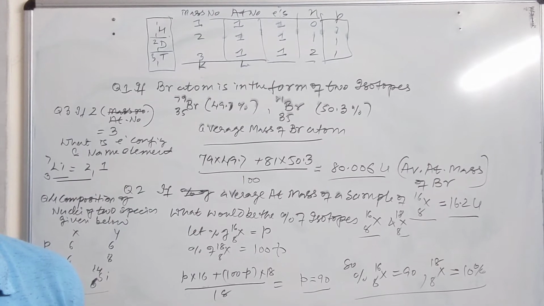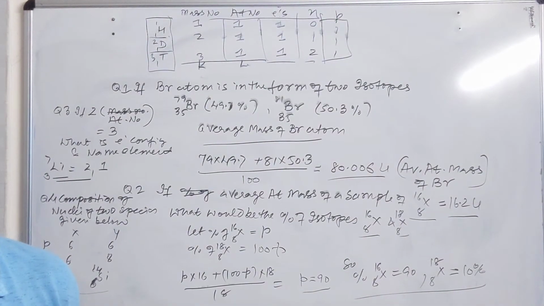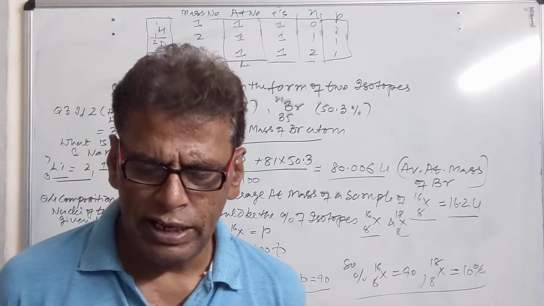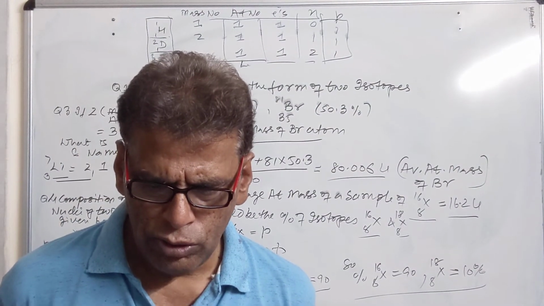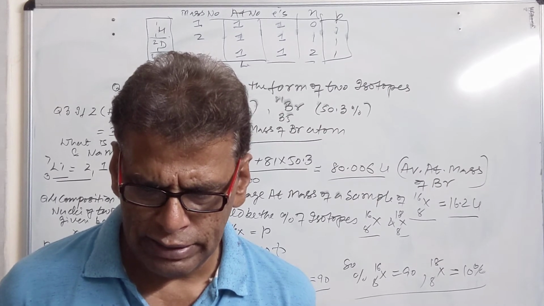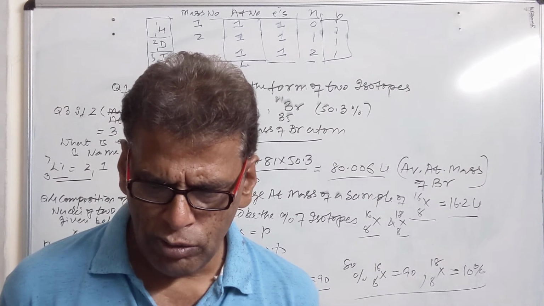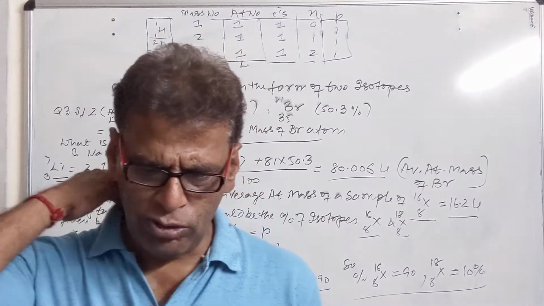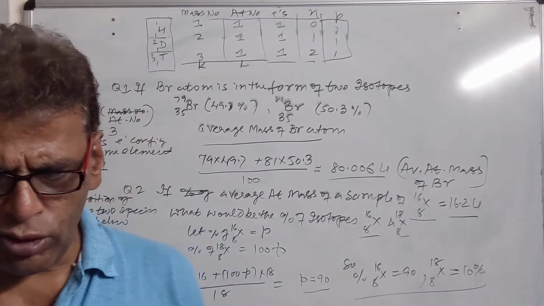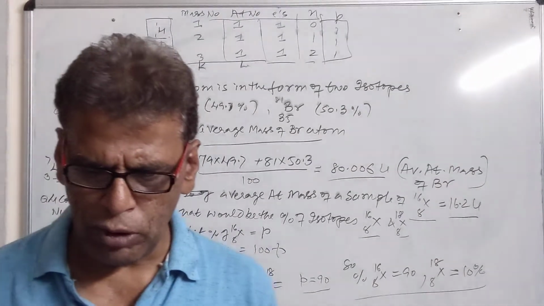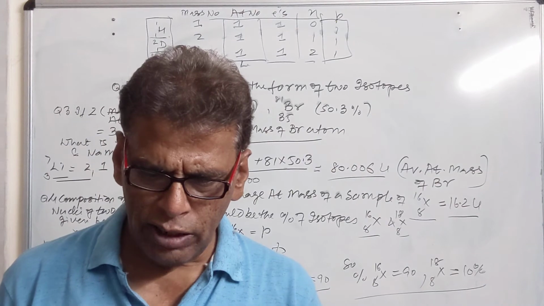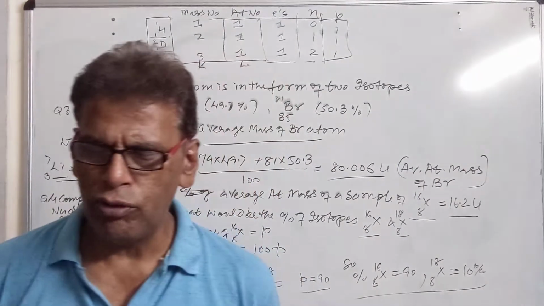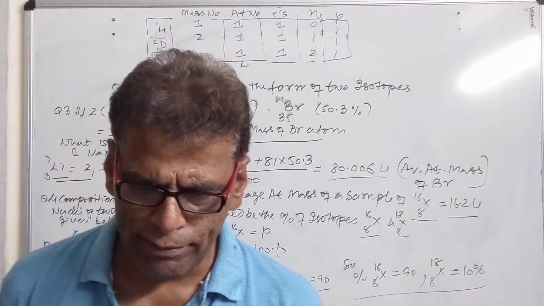Then for the following statements, write true or false only. J.J. Thomson proposed that the nucleus of an atom contains only nucleons. This is a false statement; J.J. Thomson did not predict that the nucleus contains nucleons. Second, a neutron is formed by an electron and a proton combining together, therefore it is neutral. This statement is again false. A neutron is not formed by the combination of an electron and a proton.